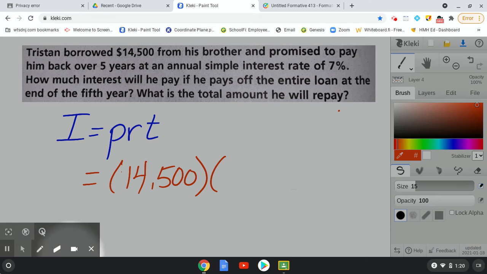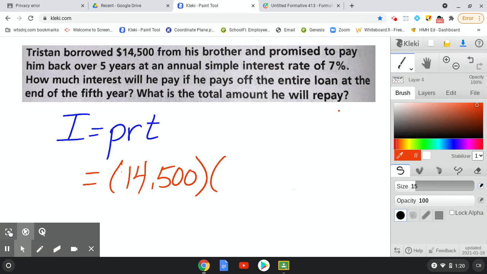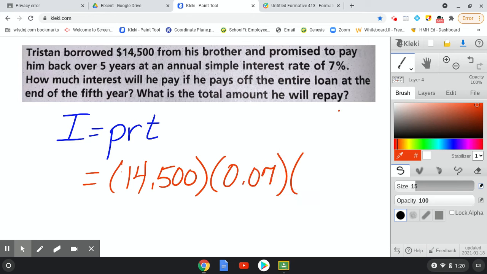Okay, so the interest rate is 7%, which we just said was 0.07. And the amount of time he is borrowing it over is a 5-year time period. Now, all you're doing is multiplying these together. You're taking the 14,500, multiplying it by 0.07 times 5. Now, when you do that calculation, you would get your interest